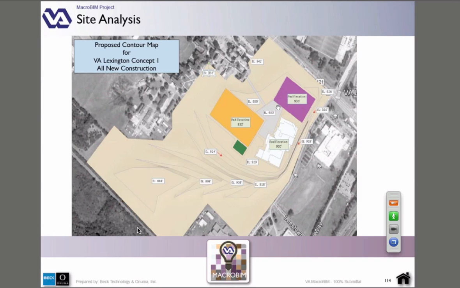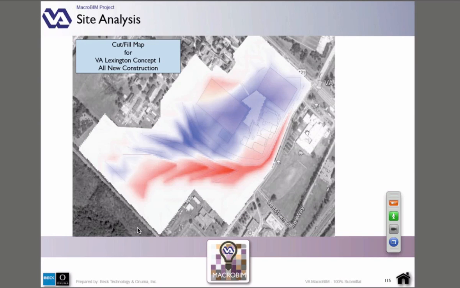And this information initially came from Google Earth, by the way. In the original charrette that we did in November, we imported civil information from Google Earth. Later in the project, we were able to work with the Leo A. Daly civil team, and they provided actual CAD files that we were able to import. But we did this. This particular analysis that you're seeing on the screen occurred shortly after